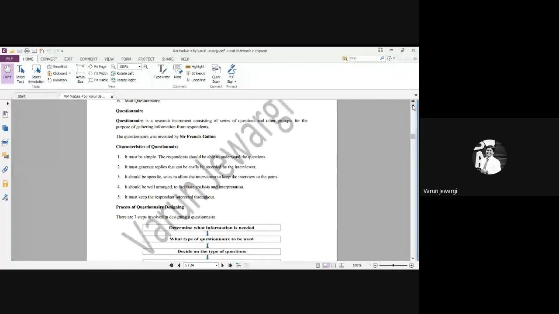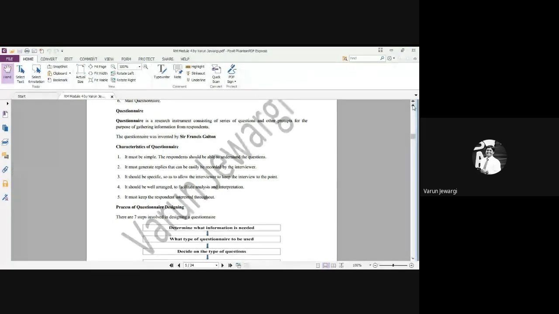A questionnaire is a research instrument consisting of a series of questions. You would have seen questionnaires from many companies, many researchers who are doing their PhD. Whoever is conducting a survey asks you to fill in the questions. There are a series of questions, not one or two, there are many. They want to know the views of the people. They want to collect the information from the respondent. They gather the information, they tabulate the data, they interpret it, and finally they submit the report.